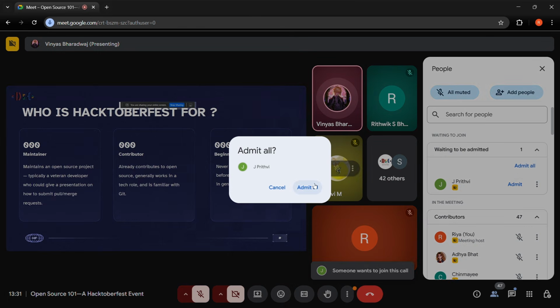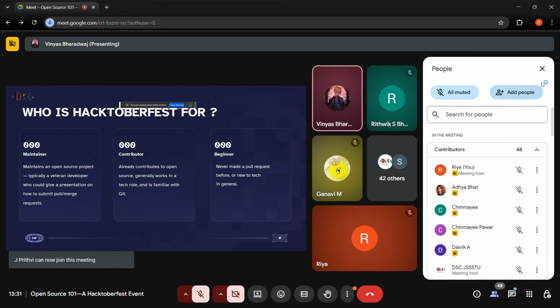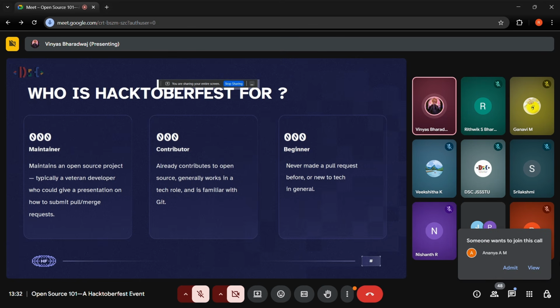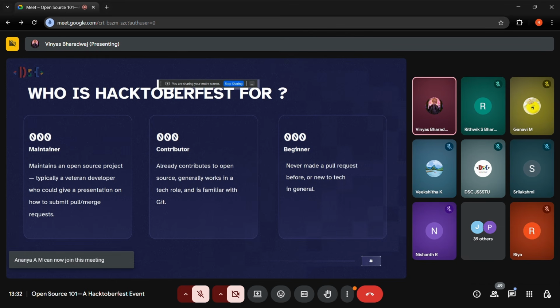Then it is the maintainer's job again to review the pull request, to check the code, to see whether the code is actually proper. It doesn't have any bugs, it's not malicious, and it's documented properly. All of these factors are taken into consideration before the pull request is merged. That is basically what the maintainer does. It's generally someone who has a lot of experience because this person is basically responsible for maintaining the entire repository.